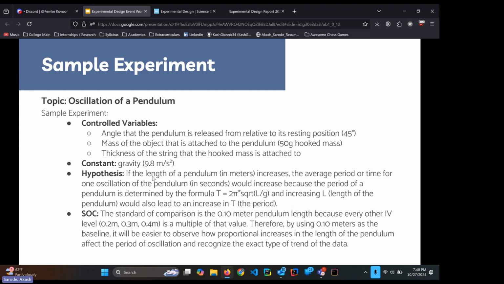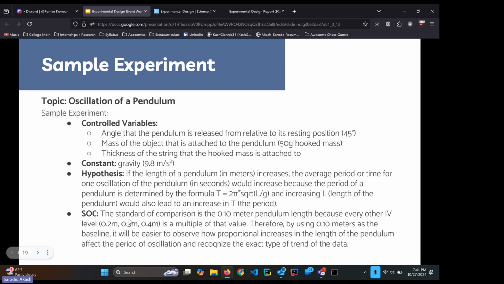So for the if part of the hypothesis, I mentioned the IV, which is the length of the pendulum. And then for the then part of the hypothesis, I mentioned the DV. And then in the because part, I explained why an increase in the length of the pendulum would lead to an increase in the period. This because part is where you want to actually give a scientific reasoning as to why you think something is happening. And then for standard of comparison,